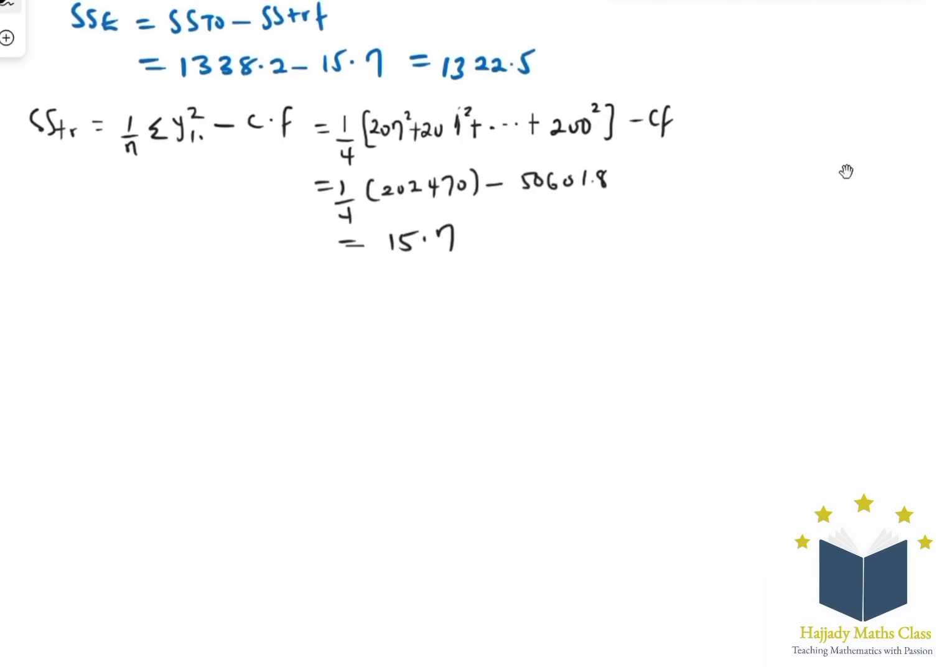So now we've calculated our SSE, SSR. Let me just write it out again. Here, my SSE is 1322.5. SS total is 1338.2. SS treatment is 15.7. So with that, we can easily calculate